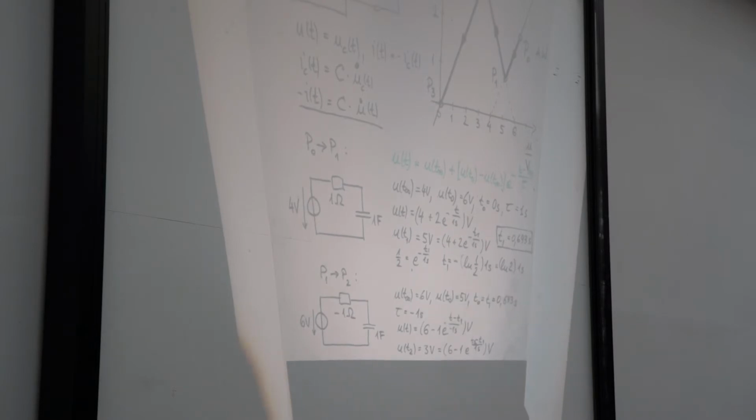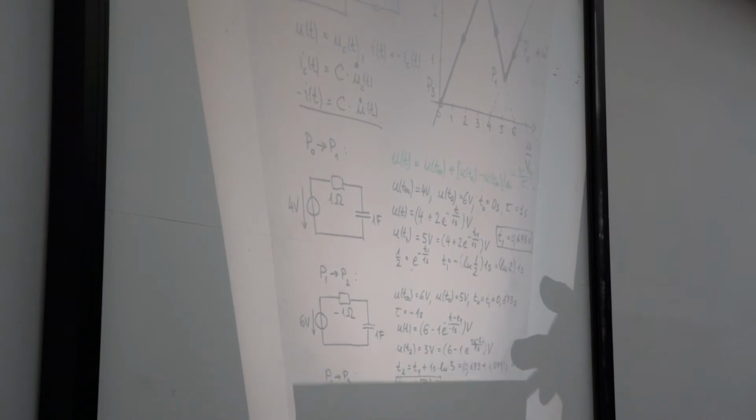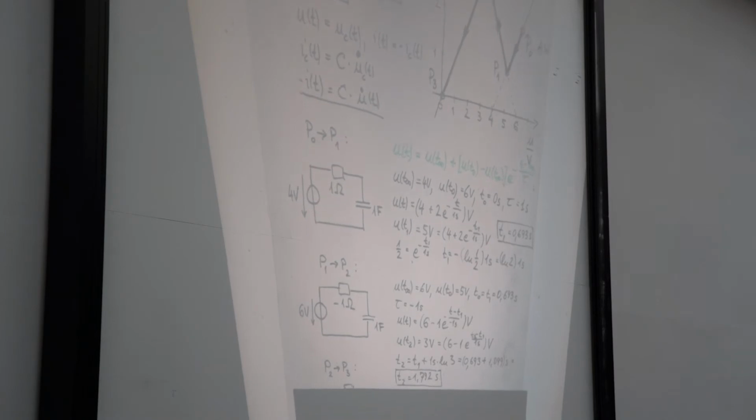Well, we again plug in these numbers into our general solution, the green one here, and end up with this equation. And now we are looking for time t2 when capacitor voltage has actually achieved the value of 3 volts. We plug in the 3 volts and now compute the time t2 and find out that time t2 simply is almost 1.8 seconds. Well, and now we are entering the 3rd branch and the last one in this case,